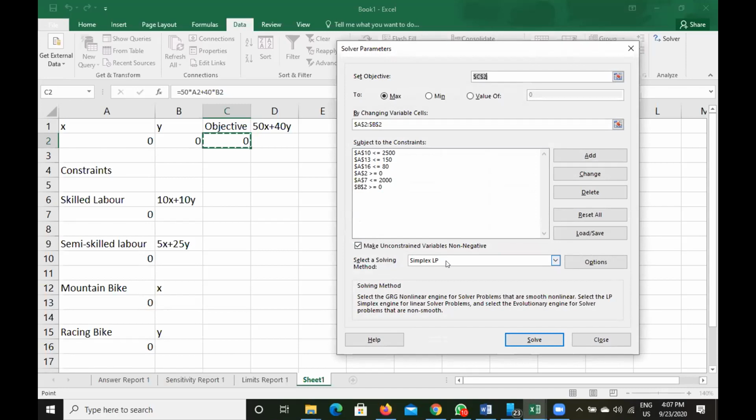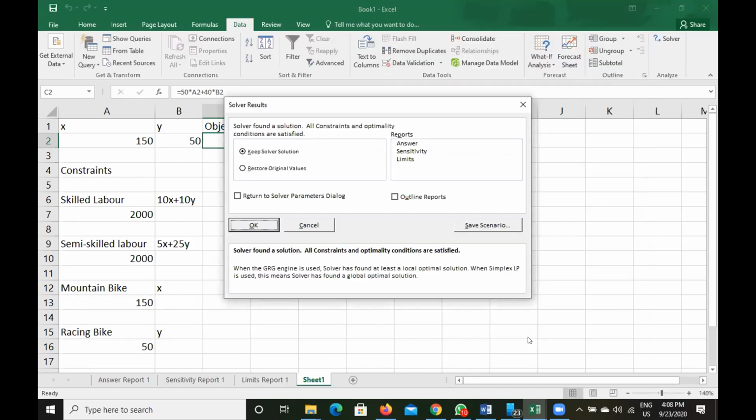Now we will select Simplex LP. It is already selected because we selected it previously for the previous problem. Now we will click on the solve button. Pay attention, this is the question you have asked me. After you click on solve, this will appear.